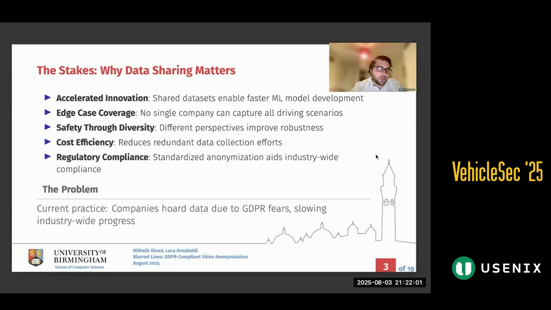So what is the problem? Now, this is from my experience working with several companies. Probably should name them, given the fact that I'm calling them hoarders. But let's say some of the largest OEMs on earth. This data is being hoarded. What I mean by that is they have ginormous amounts of data that is not being shared around, all for fear of breaking GDPR. Now, naturally, there are also some other fears around competitive advantage, etc. I will not be addressing those. We're focusing purely on this privacy thing. And this is something we've heard firsthand from suppliers we work with. And indeed, the reason why we started this project was because a company came to us and asked us to solve this problem. And at the end, we'll be discussing how it went.